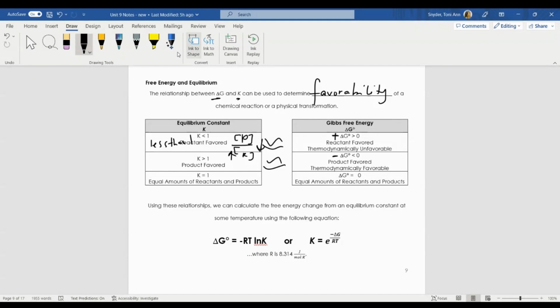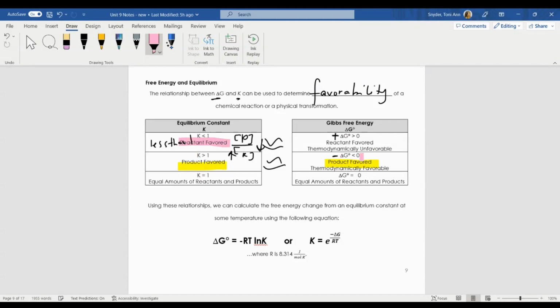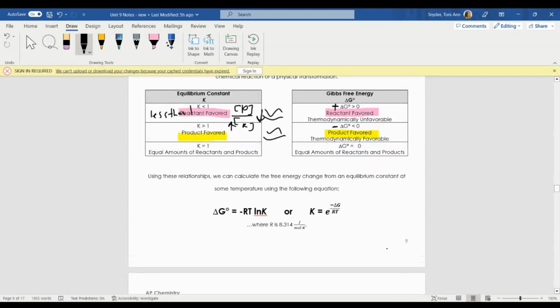Okay, so let's take a look here. I have product favored and I have product favored, so they are related to one another. I also have reactant favored and I have reactant favored, so there is a relationship between them. And this relationship, we could do a derivation to look at this equation if we want to, which we're not going to, but we could. They are related by this equation right here. Okay, so delta G, the Gibbs free energy of a reaction, is equal to negative RT ln K,